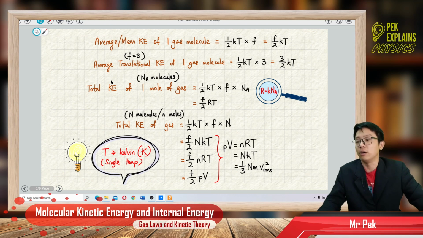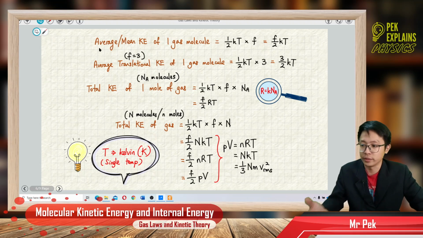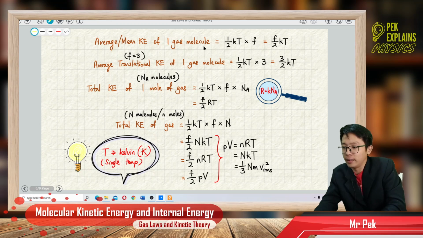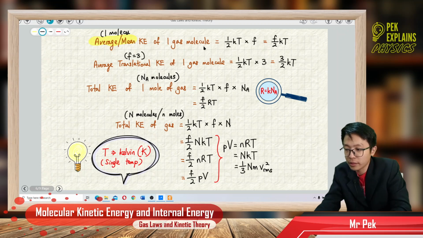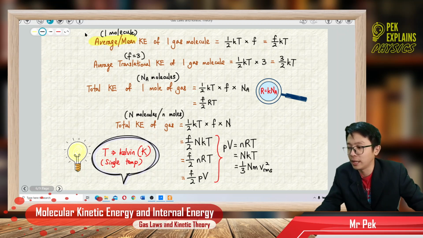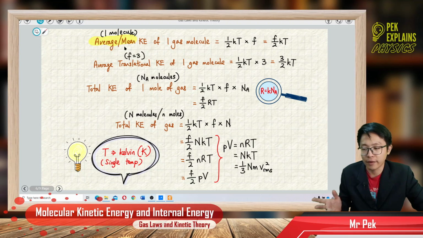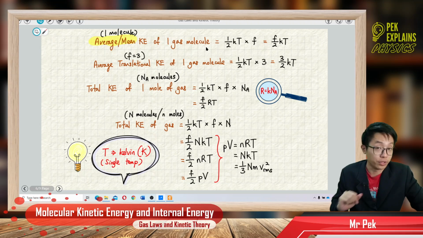Now, let's say the question asks for the average or mean kinetic energy of one gas molecule. Let me highlight this one. The word mean already means one molecule. Sorry, already asked for one molecule. If the question asks for average or mean, same meaning, kinetic energy of one gas molecule,